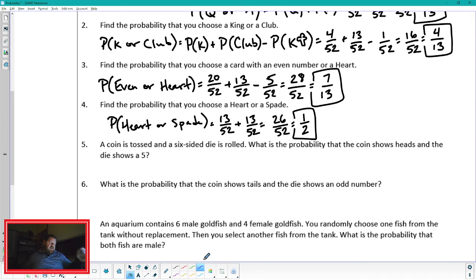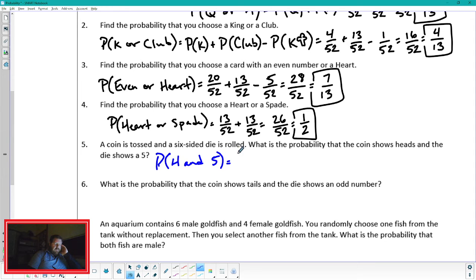It says a coin is tossed and a 6-sided die is rolled. Find the probability that the coin shows heads and the die shows a 5. So these are independent events. Flipping a coin, rolling a die. They're independent. So,